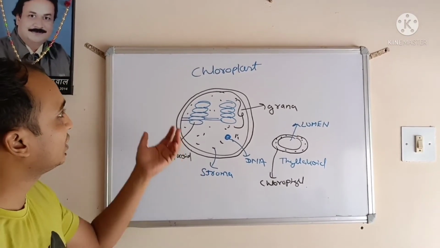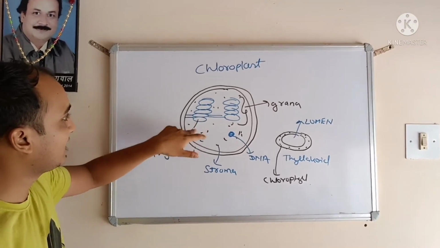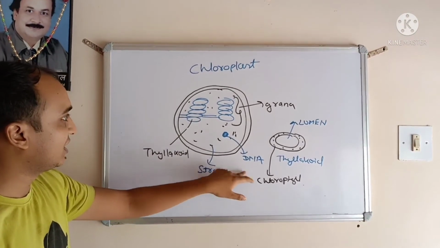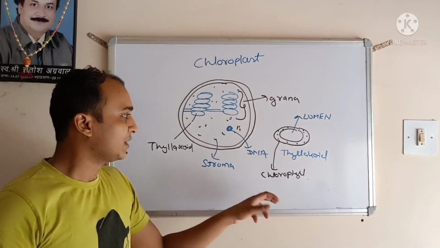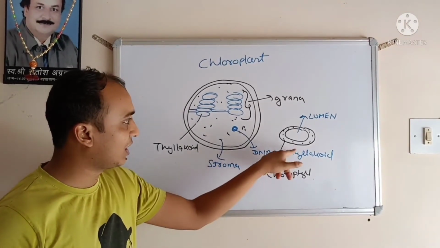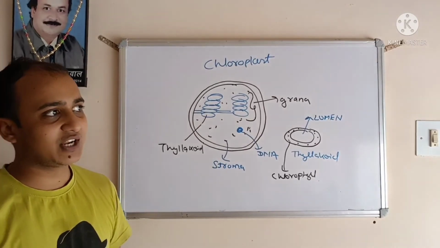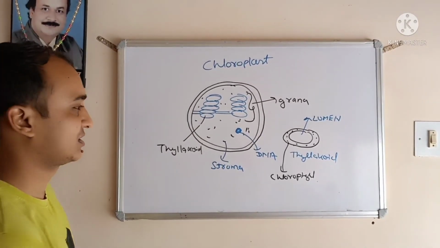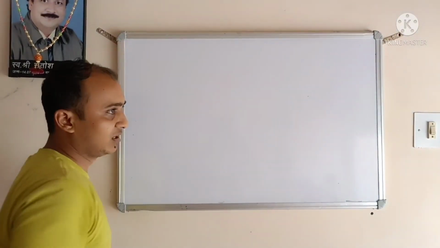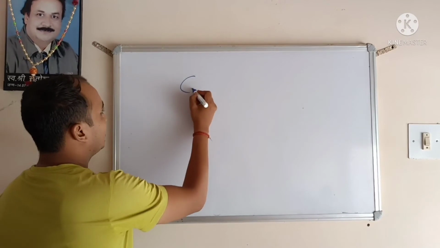Chlorophyll is present in chloroplast, and chloroplast has this type of structure. We have thylakoid, a stack of thylakoids known as grana, we have stroma, we have its DNA, and if you take a thylakoid, then we see that it's a double membrane, and between the membrane we can see the dot-like green structure known as chlorophyll, and this chlorophyll helps in photosynthesis. Okay, now we are moving to the next and final organelle, that is our centrosome.